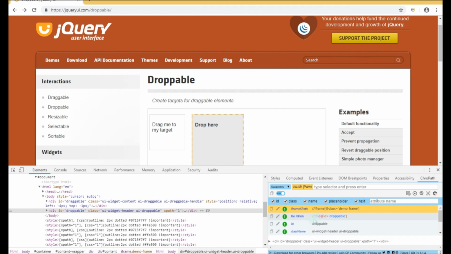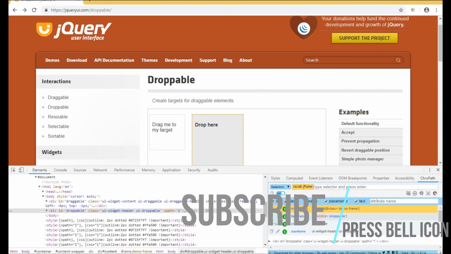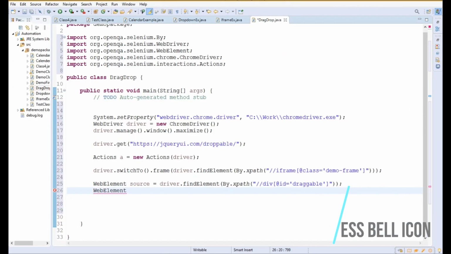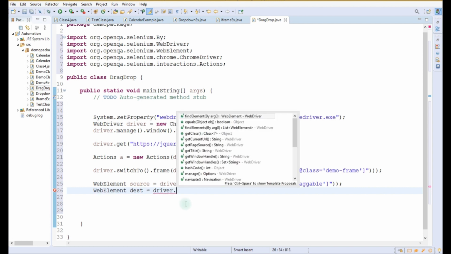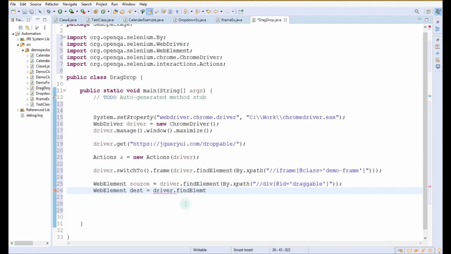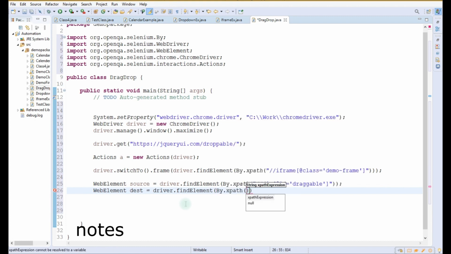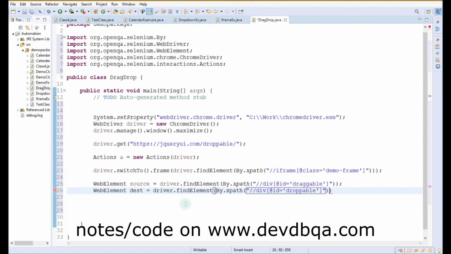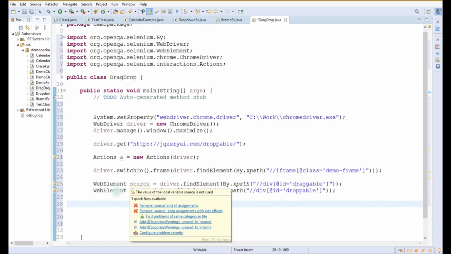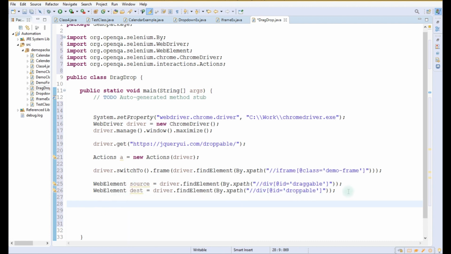This is the xpath that is given for that destination, and we will copy it and create a new web element, dest, equal to driver dot findElement by dot xpath, and here we write the xpath that we have copied from ChroPath.